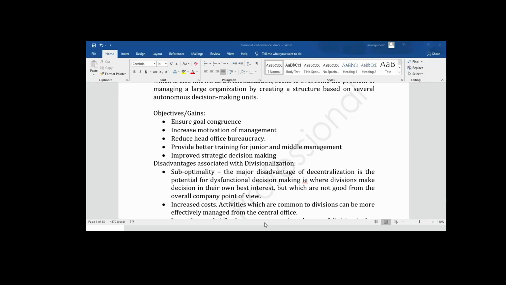All right. What are the disadvantages associated with divisionalization, or where a company is operated along divisional structure? Number one is suboptimality. The major disadvantage of divisional structure is the potential for dysfunctional decision making. What does this mean? When we say suboptimality,